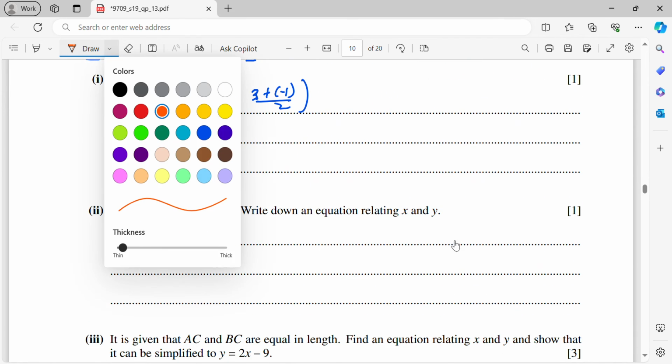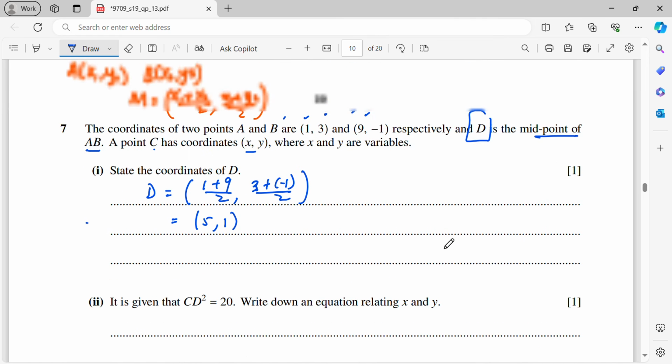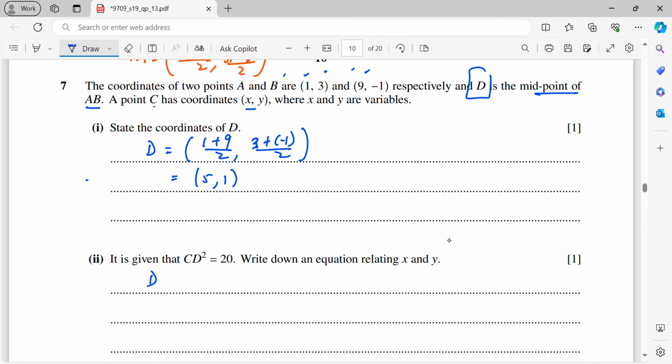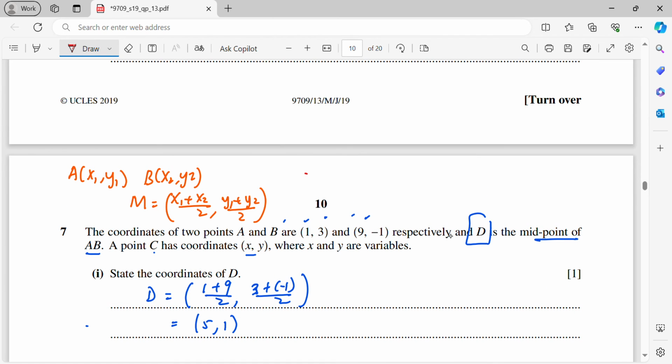Now part 2 is given that CD squared is 20. Write down an equation relating x and y. CD squared is basically the length, right? So now D is (5, 1) and C has coordinates (x, y). If you have 2 points and you need to get the length, let's say you need to find AB, what is the length? That is the square root of (x1 minus x2) squared plus (y1 minus y2) squared. That is the formula